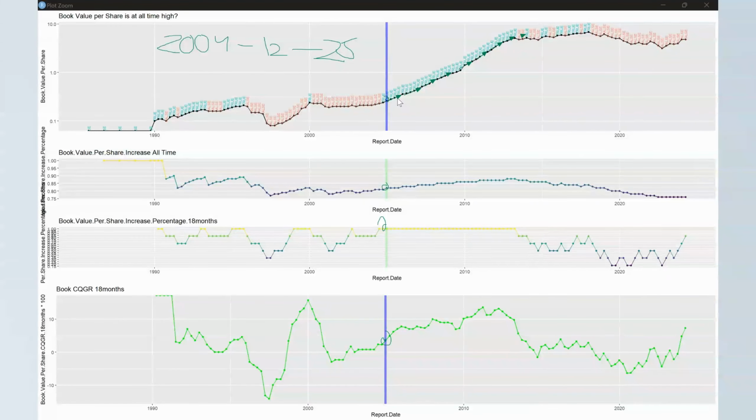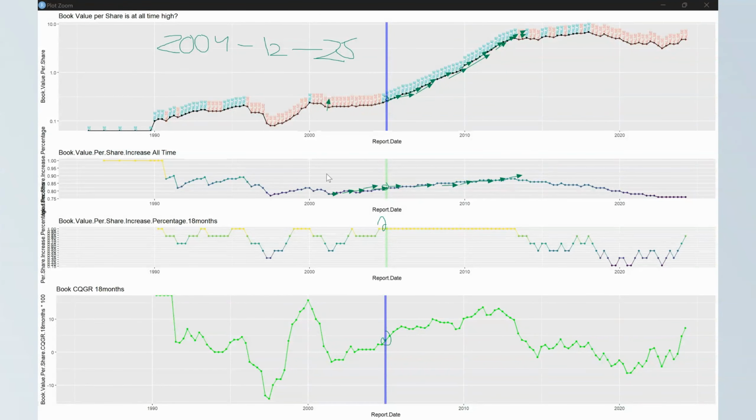Starting from 2004, every single quarter we saw book value increase. Also, starting from around 2002, after the dip, we saw a constant all-time book value per share ratio increase,